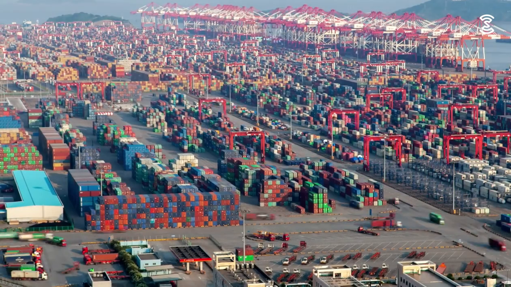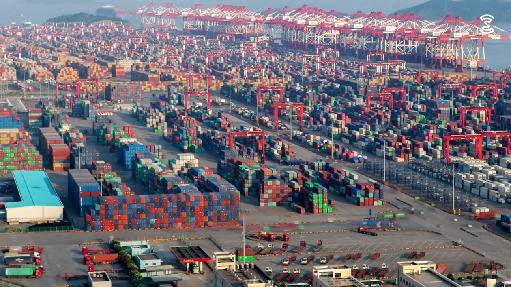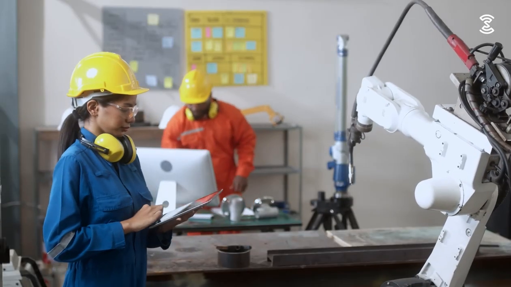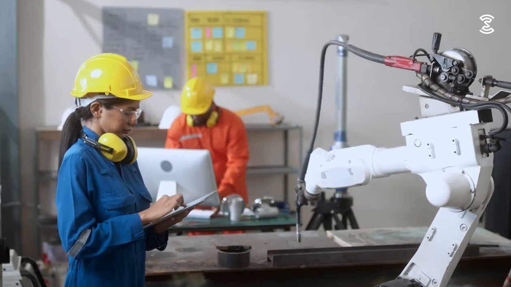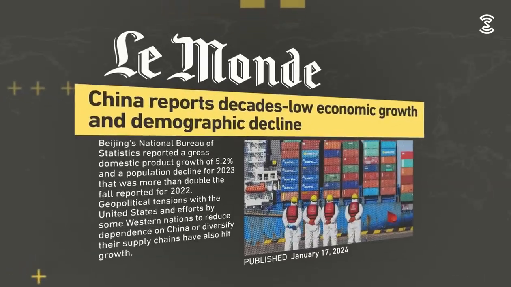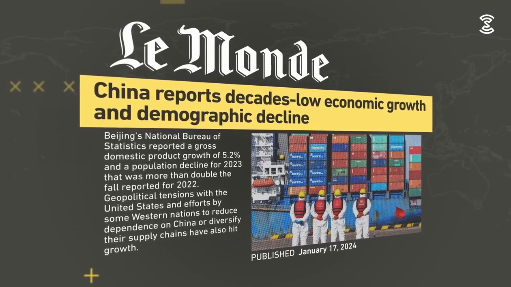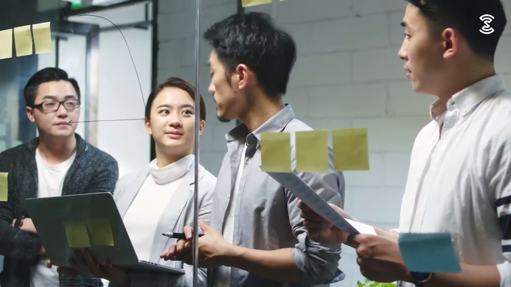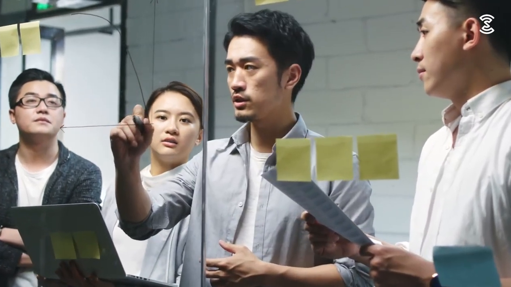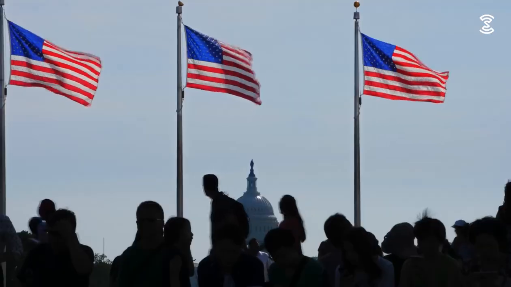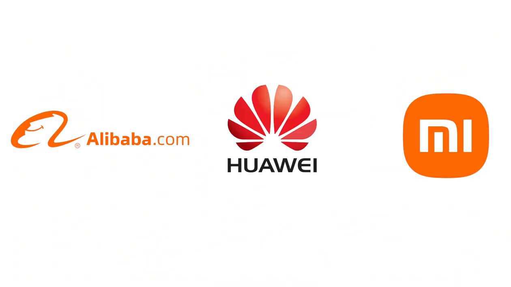China is another example, following a unique economic model called socialism with Chinese characteristics, a mix of state control and a free market. The Chinese government maintains control over key sectors like energy and banking, while allowing private businesses to grow and compete in the global market. Companies like Alibaba and Huawei are examples of the success of this approach.